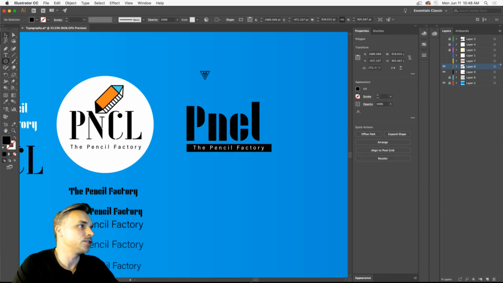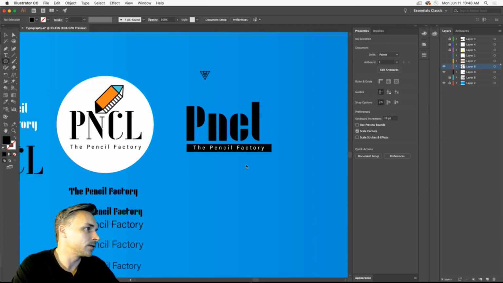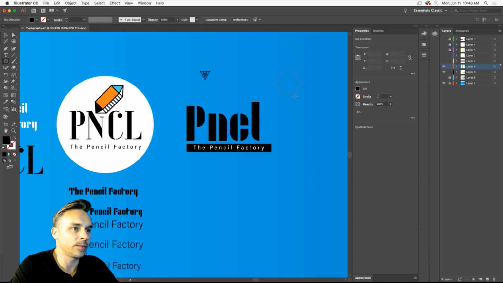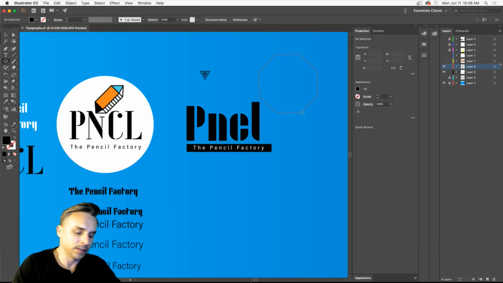Let me adjust the layer color to a red. As I drag this out, I want to make a triangle. I can see those five sides, but I can use my arrow keys to move them up and down. So you can see how I'm adding and removing the different sides just by using the arrow keys.